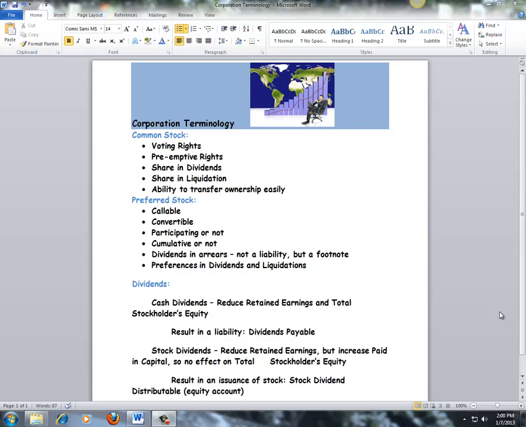and that would be my same 10%. Common stock gets to share in dividends if the dividends are large enough to pay the preferred stockholders first, and there's enough left over for the common stockholders. They also get to share in liquidation. They are the last in line to get paid, however, so they may not get much on the dollar as far as return on investment. They also have the ability to transfer ownership easily, meaning that all they have to do is sell their shares